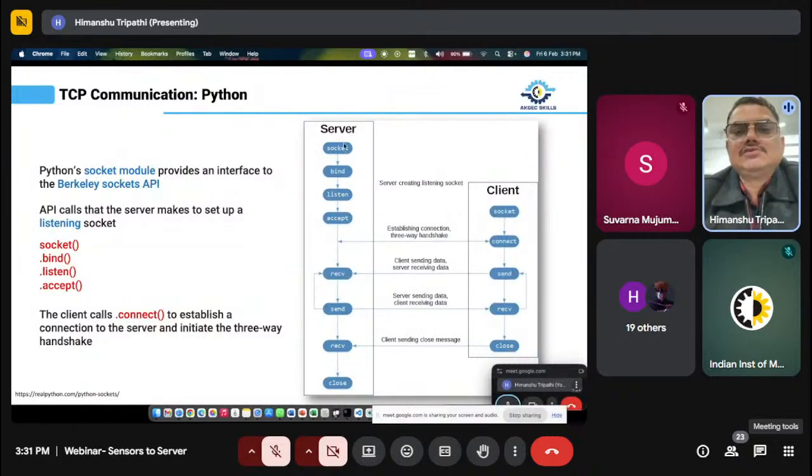The first thing on the server side is that we need to create the socket. This is very important. In the programming, I will show you that in the program, we are following the steps in the same sequence, and with Python, what modules, functions or APIs we can use to implement these steps. The first step is creating the socket. So we need to create a socket first, and then we need to bind that socket with the server IP